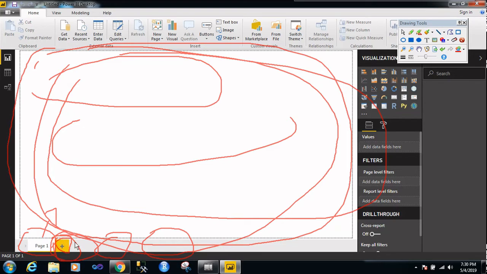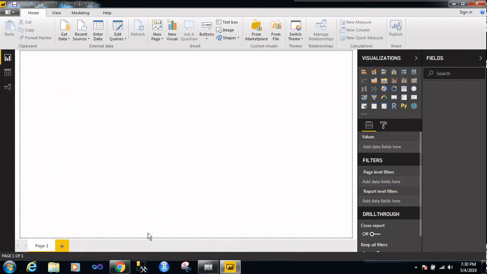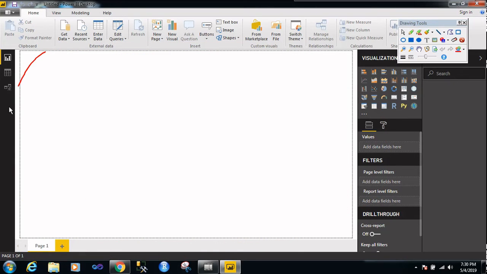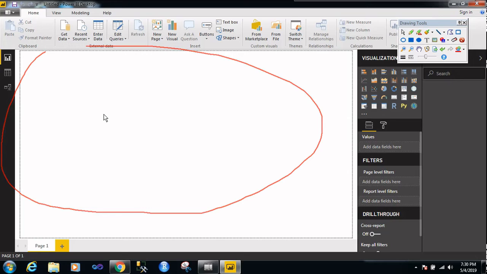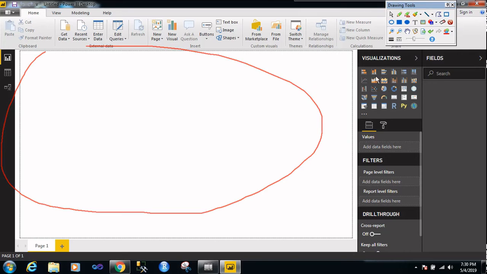This is the report pane where you can create visualizations. This is the visualization tab. Here you can choose any visual, or if you want custom visualizations, you can get them from the marketplace. We are going to discuss these things in detail.